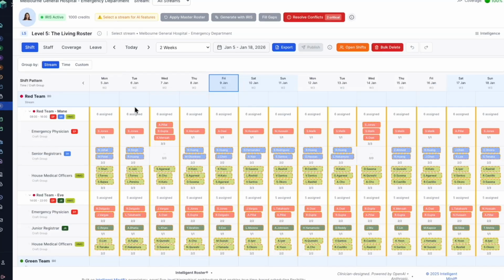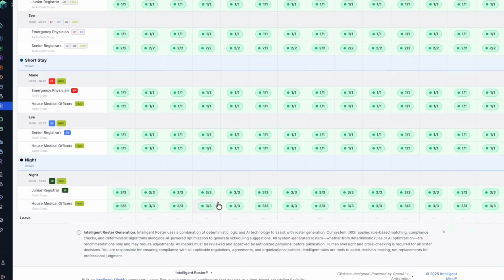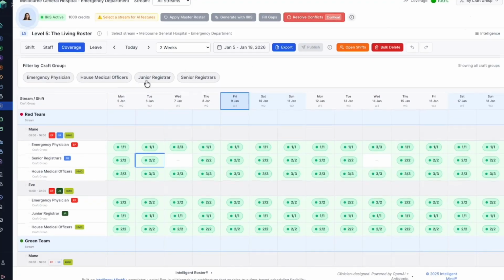And that brings us to the end of this walkthrough. What you've seen here is intelligent roster, built carefully, designed for real clinical environments. Once the roster is built, there's always a final human check, because context matters. You publish when you're comfortable. From there, staff can view their shifts, sync them to Apple or Google Calendar, and get on with their work